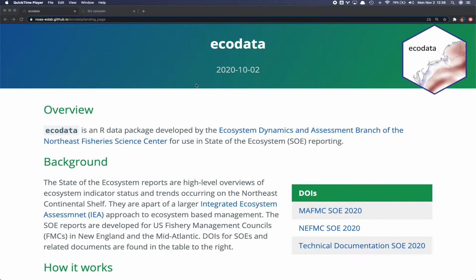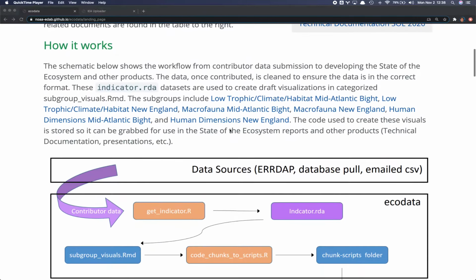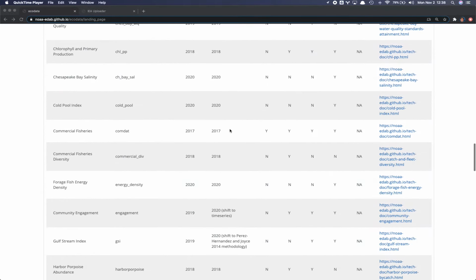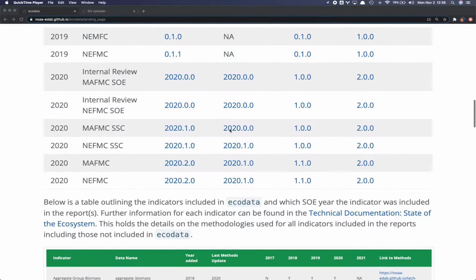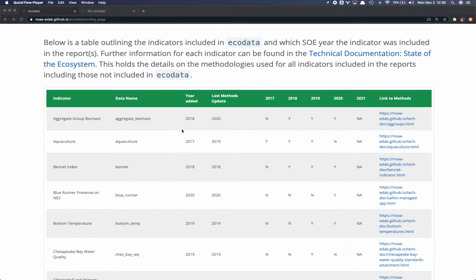This quick demonstration shows how to use the Integrated Ecosystem Uploader application to update datasets that you might have already contributed to the ecodata package and that would be listed on this main page. You just need to update, let's say, the most recent year's worth of data in a similar format